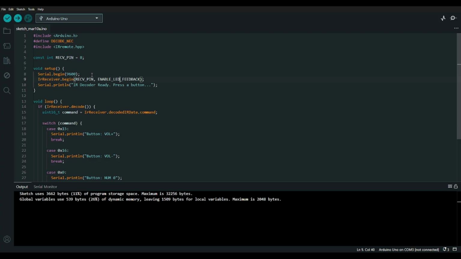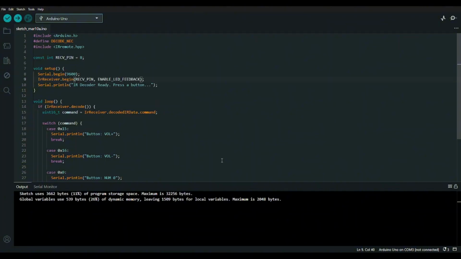So this is the feedback feature that blinks the Arduino Uno on-board LED, which is usually on pin 13. So whenever it detects an IR signal, it lets you know that the hardware is actually hearing the remote.